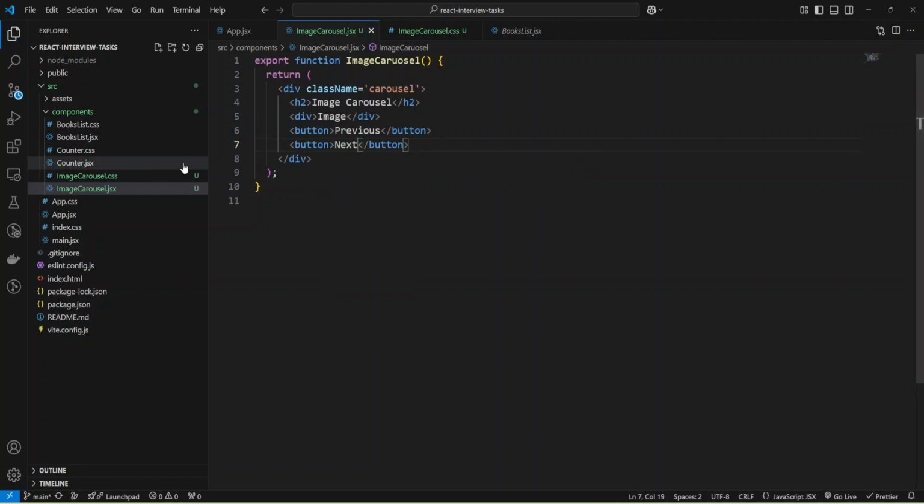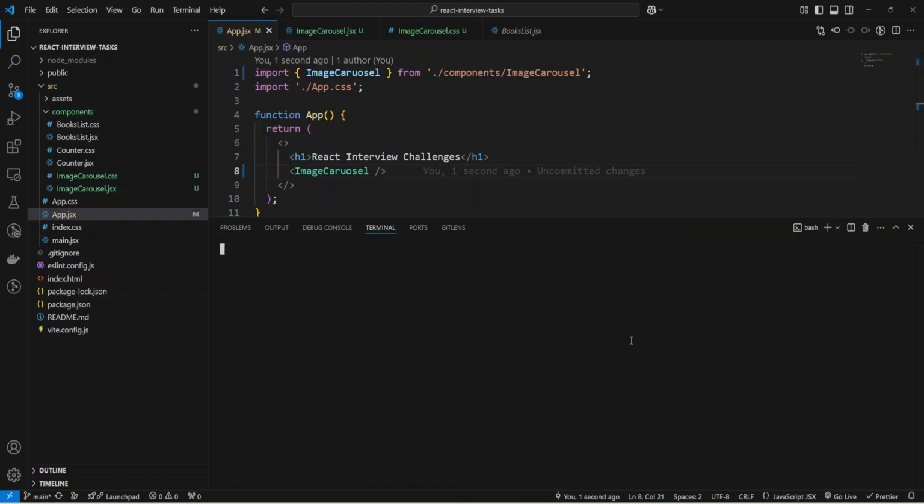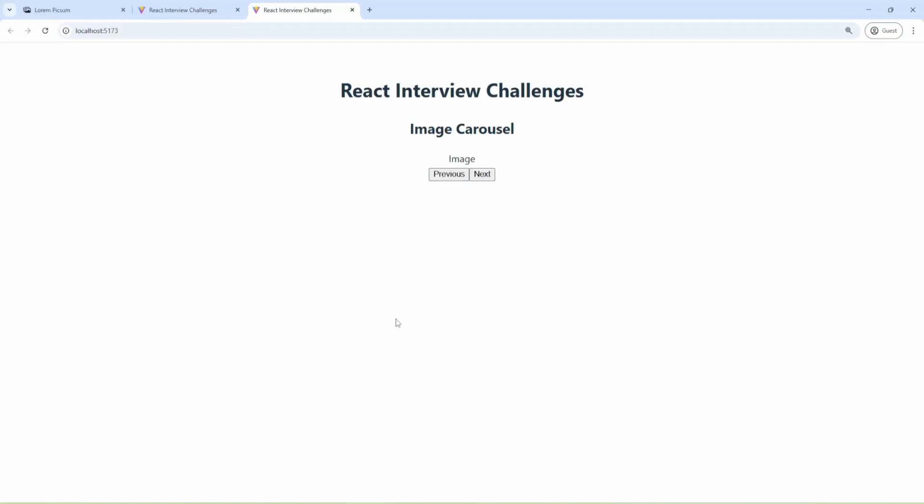Let me import my image carousel in App.jsx and replace the book list with the image carousel. Now I can start my dev server with the command npm run dev. The project was created with Vite, and I open it in the browser. As you can see, I have the header, text, image, and the buttons previous and next.